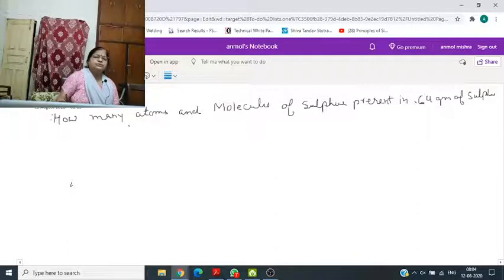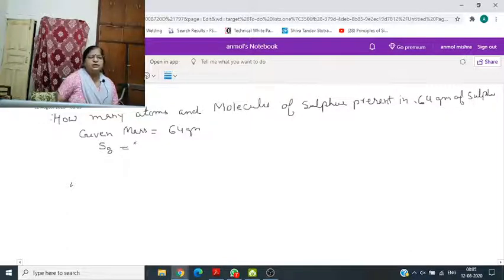So now given mass here is 64 grams, and we know that sulfur is octatomic, so its molecular mass will be